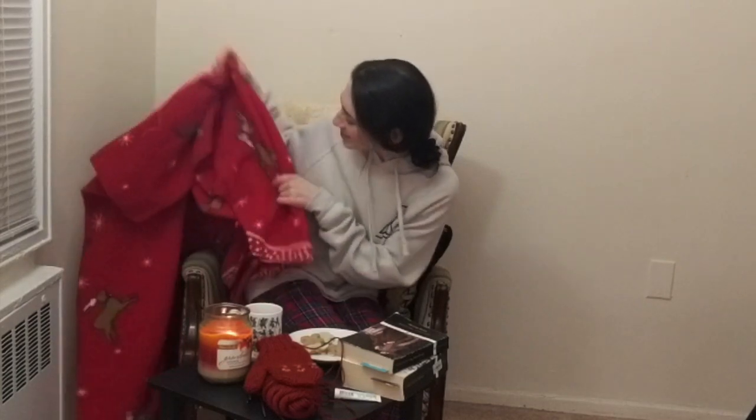You get to cozy up with a good book in the dead of winter, and what could be better than having a nice cup of tea and some snacks and a good book in the freezing cold weather. So I will show you my whole setup here, what I'm wearing, what I'm eating, what I'm drinking, and of course what I'm reading. So I have this cozy Christmassy reindeer blanket to keep me warm tonight, and I've got